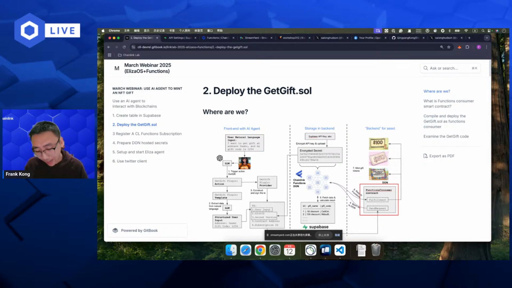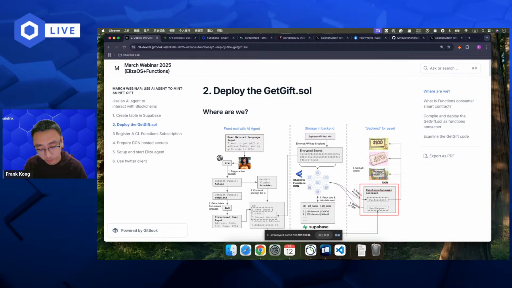Yeah, Eliza has a client, and you can use Twitter as a client of Eliza. And Eliza also has an LLM, and you can use the Gemini API as the LLM. So Eliza is just a framework to combine this stuff together. You have a large language model, you have a client like a Twitter account, and you also have some functions or actions you want the AI to trigger, and you can combine these three things together with a framework, and this framework is called Eliza.